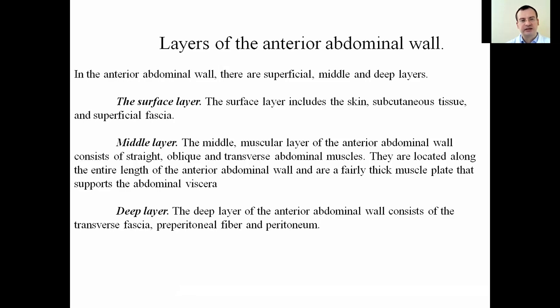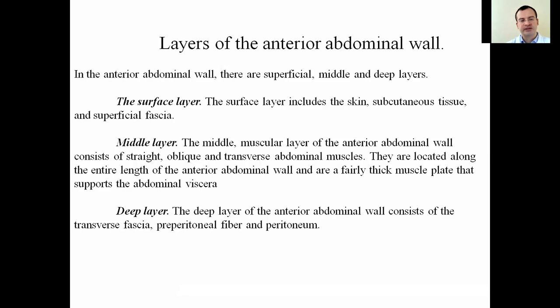They are located along the entire length of the anterior abdominal wall and are fairly thick muscle plates that support the abdominal viscera. And the deep layer consists of the transverse fascia,